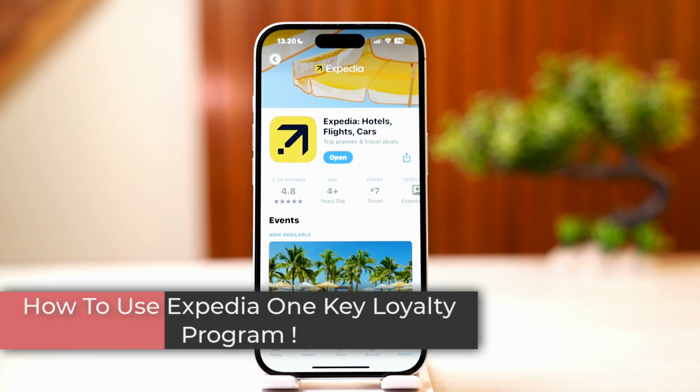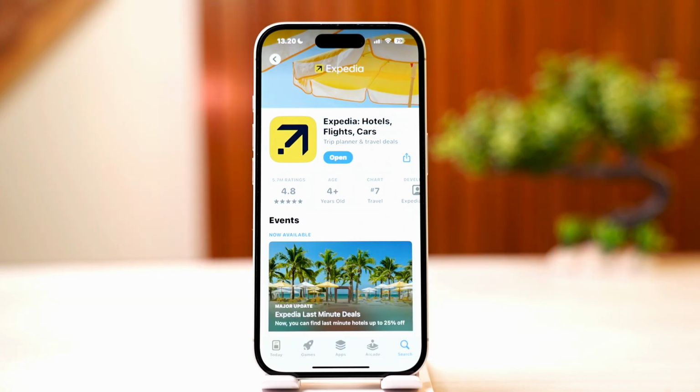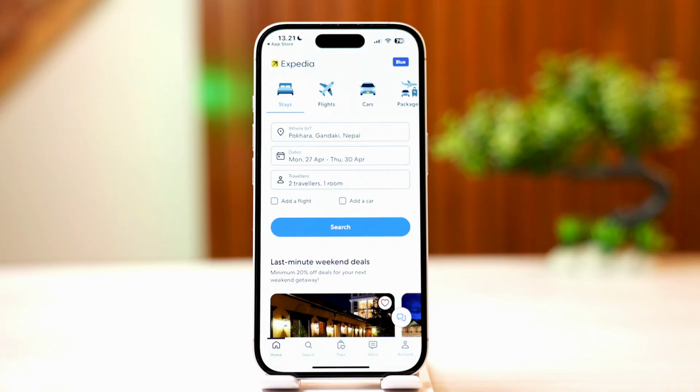So today we'll be talking about how to use the Expedia OneKey loyalty program. To use the Expedia OneKey loyalty program, you can start by signing into your account on Expedia. Now, once you sign in to your account on Expedia, just open your account and then track trip elements and earn